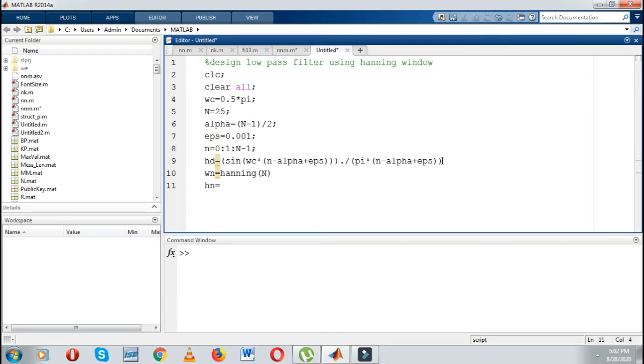then simply I will find out whatever impulse response, that is h equals wn transpose, means whatever those wn values in a row, I will convert into a column. In multiplication sometimes we require a dot before the multiply, so that's why I have taken a dot there. Then I have to plot this signal, so I require